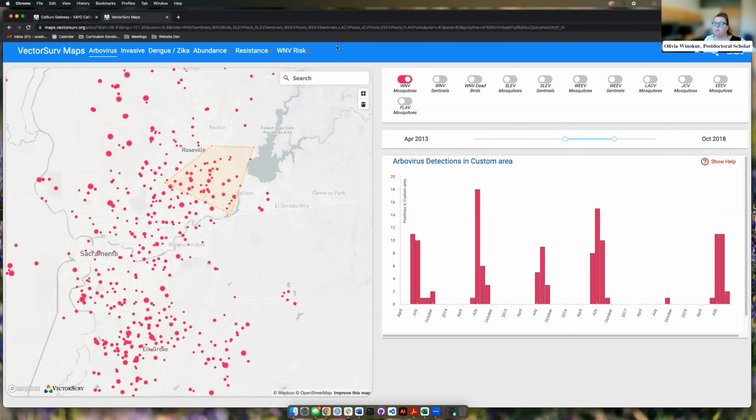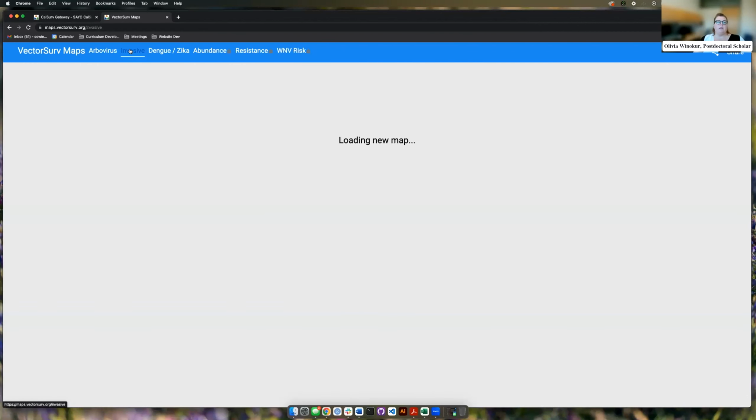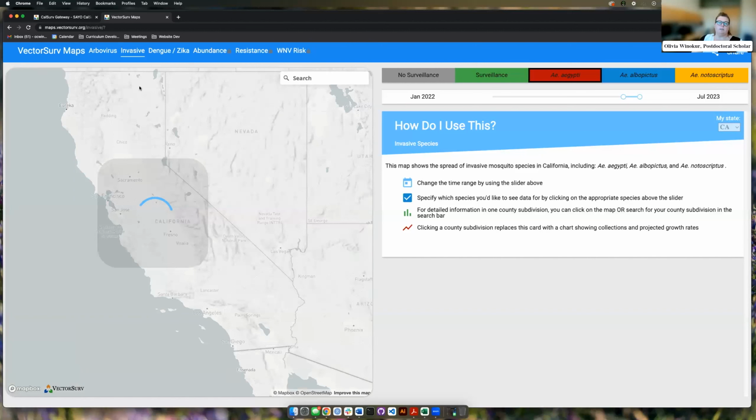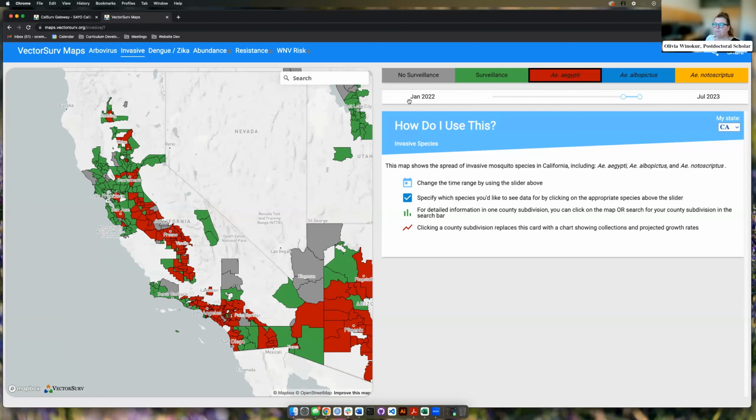The next map we are going to review is the invasive map. And so this came about as we started seeing invasive Aedes in California. This map really started as a way for us to visualize that invasion. And we also wanted to be able to add remotely sensed data. We had a NASA project at the time. We wanted to add the remotely sensed temperature data to be able to model reproductive activity of mosquitoes